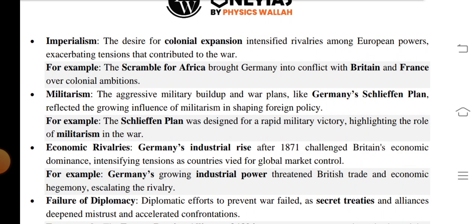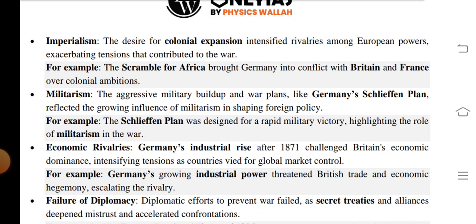Imperialism, the desire for colonial expansion, intensified rivalries among European powers, escalating tensions that contributed to the war. For example, the scramble for Africa brought Germany into conflict with Britain and France over colonial ambitions. And militarism, the aggressive military build-up and war plans like Germany's Schlieffen Plan